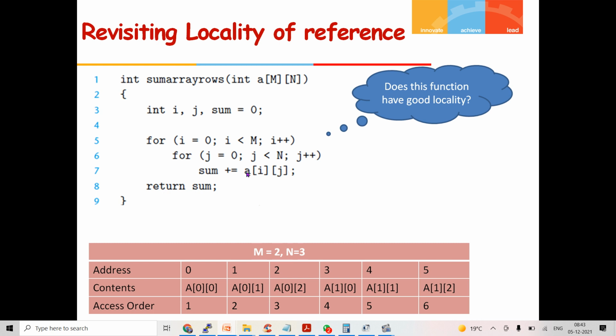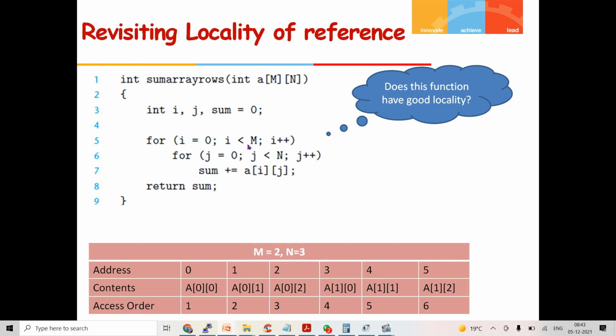So now you can see that this inner one is the row and the outer one is the column. When you write the same thing here, we have addresses 0, 1, 2, 3, 4, 5. The array elements which are going to be accessed are A00, A01, A02 and A12, because there are three of M1 and there is only 2 of M.